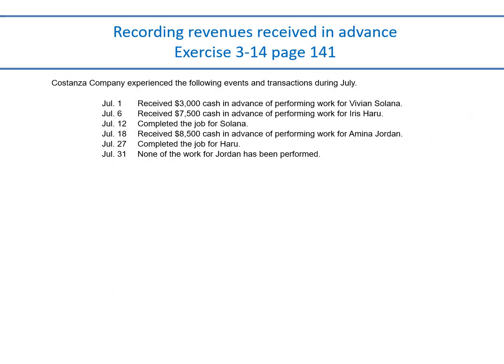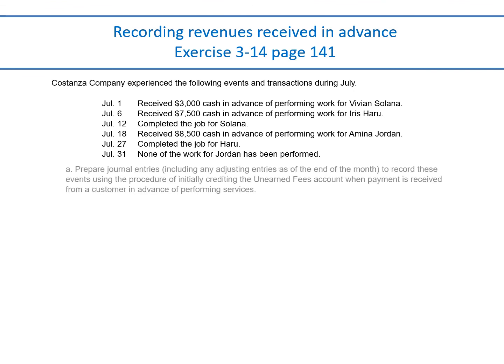All right. So moving on. So revenues received in advance. So Costanza Company experienced the following events and transactions during July. So they want us to prepare the journal entries to record the events, using a procedure of initially recording,